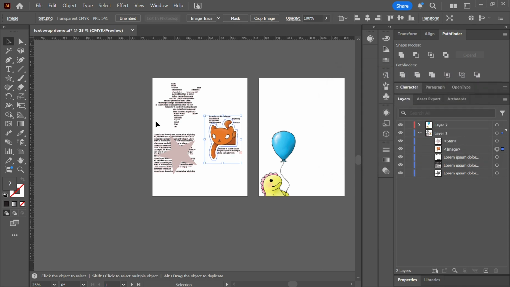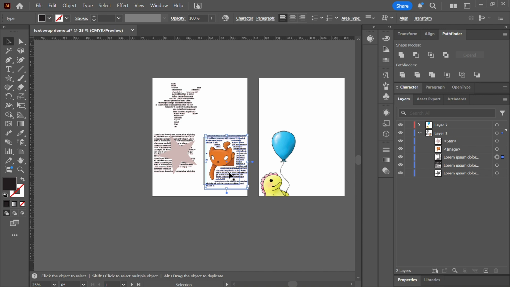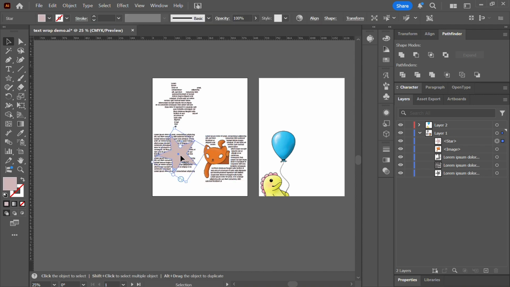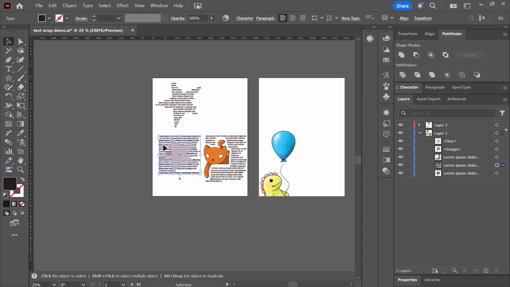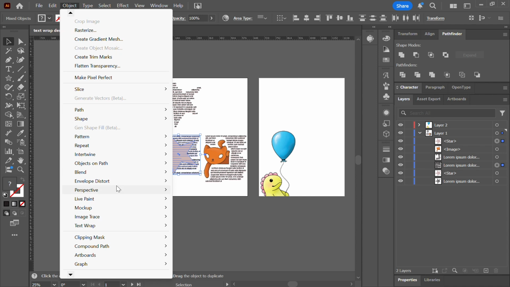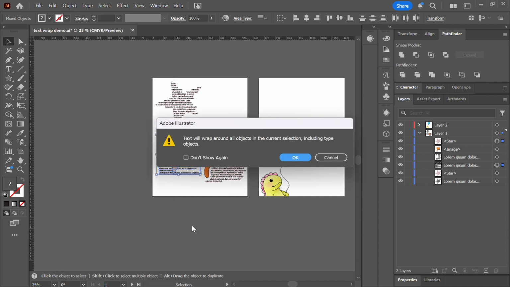Now, what if you want text on top of an object? Well, I'm gonna show you how to do that. Because you need the object on top of the text, what you are going to do is actually duplicate the object that you want the text on top of and place it underneath the actual text. And now you're going to select the text and the object that is on top of the text and text wrap, make,